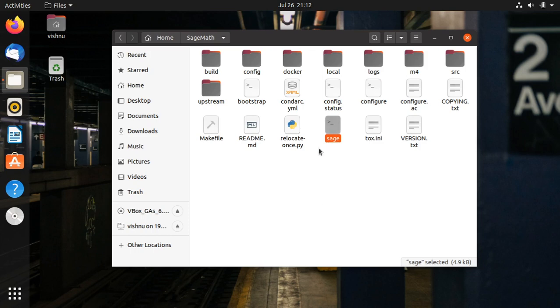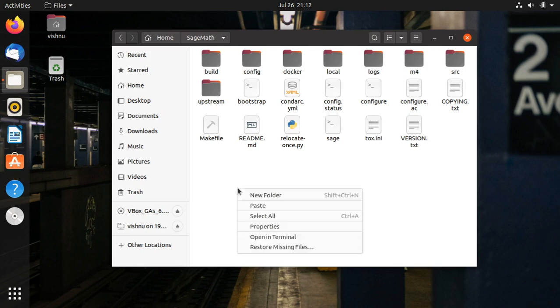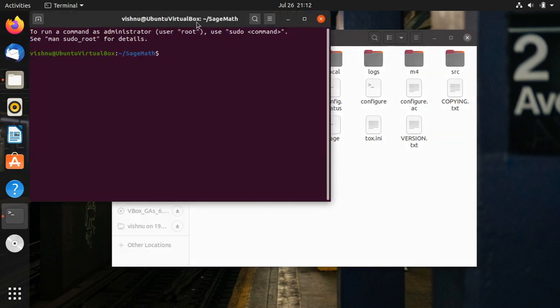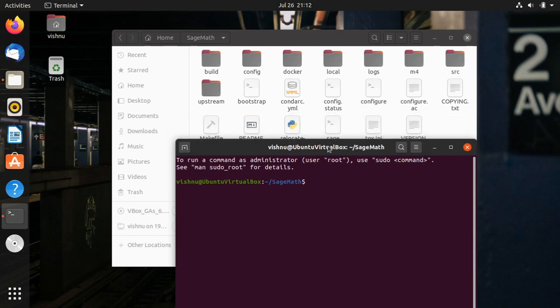We are going to run that command now. So I'm right clicking here, open this folder in terminal. I'm going to create a shortcut to this Sage application, so that it can be accessed from anywhere using the terminal.